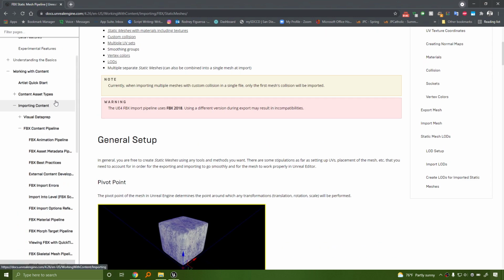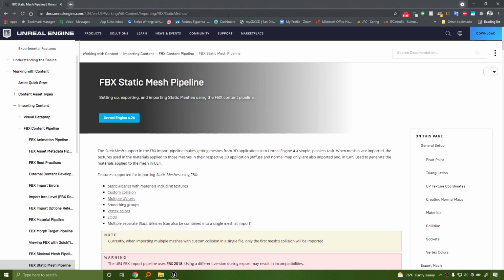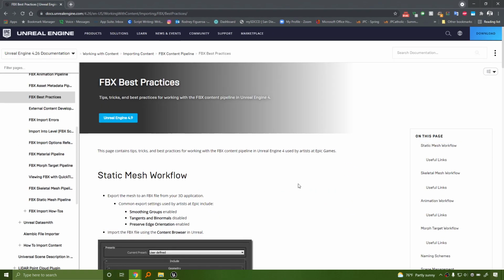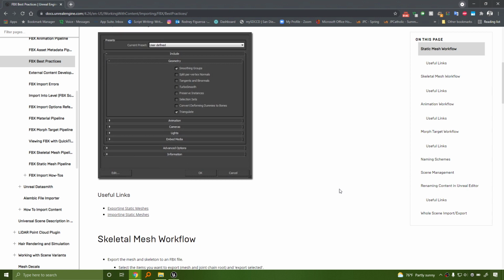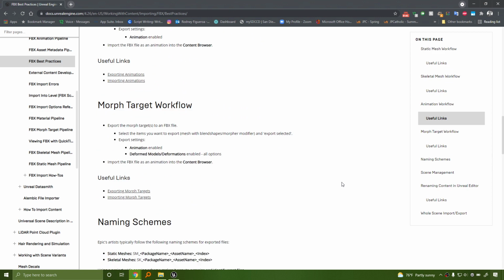Now, there is an FBX Static Mesh Pipeline for Maya. Let me bring that up. Excuse me. That specifically talks about how Maya works.